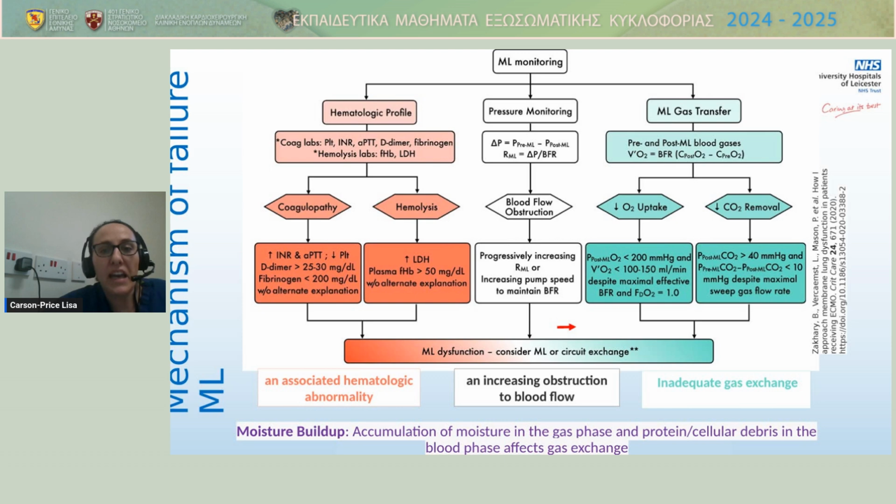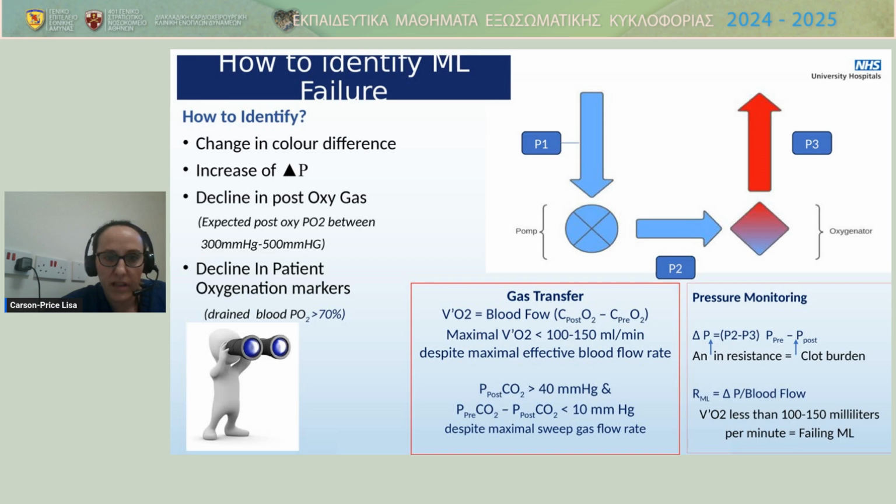And then finally, we can actually calculate the efficiency of our membrane lung. And the beauty of this algorithm, it actually gives us some numbers to go as a guideline. So if you don't do a lot of ECMO, it's a great little reference. But the long and short of it is, as an ECMO practitioner, if a membrane lung is starting to fail,